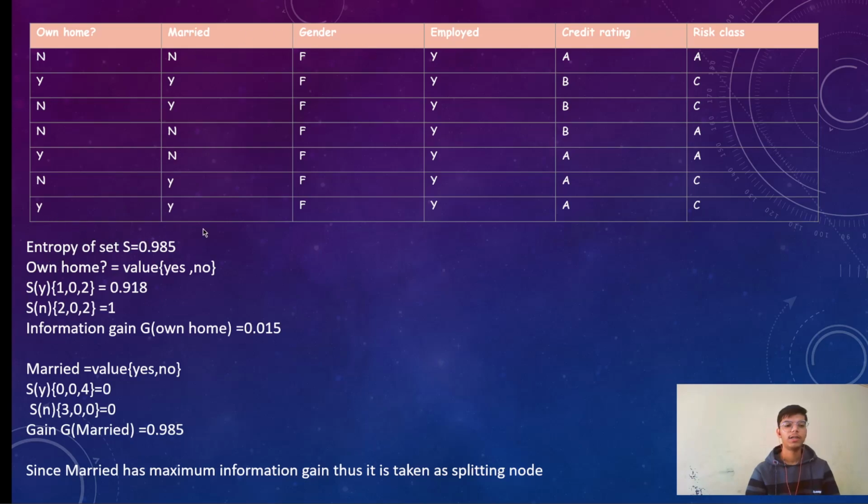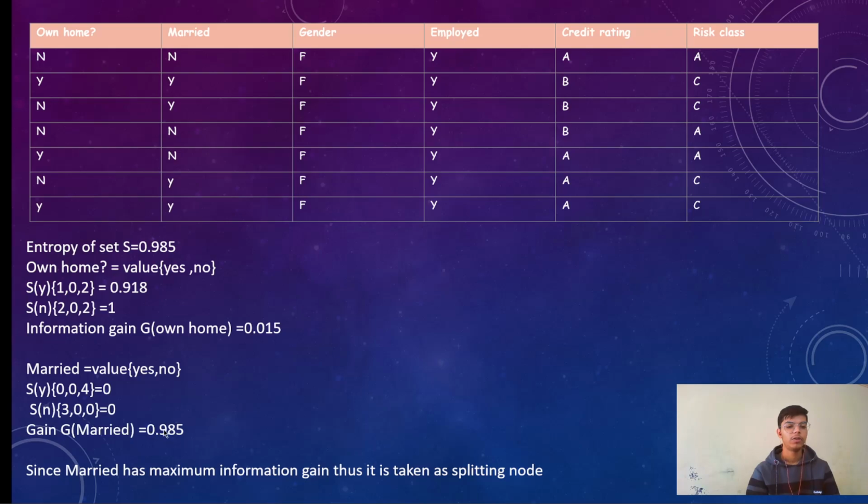Now we will find the entropy of the whole data set with respect to this table, and it will be 0.985. Whether he owns a home or not, the value will be yes or no. Now we will calculate the information gain of own home, which will be 0.15. And married also has two values, yes and no. So we will find their respective entropy, which are 0, 0, and then we will calculate the total entropy gain,